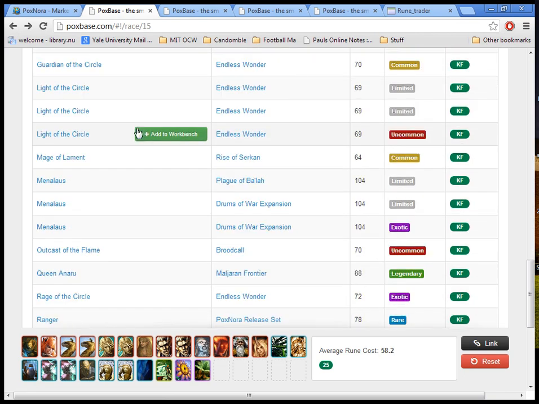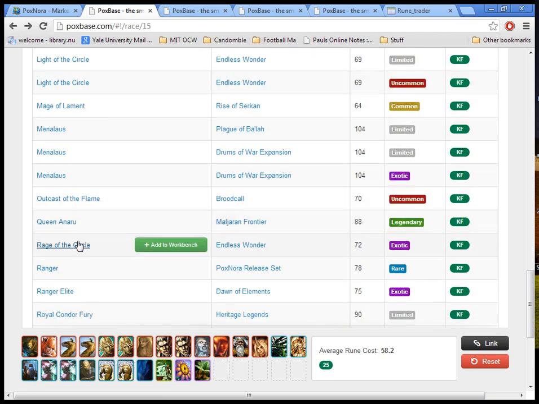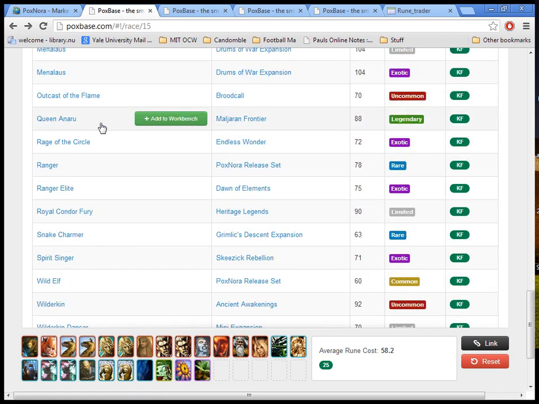Let's see. Who else do I want to add in here? Rage of the Circle is worth a shout if you're into that. I mean, if you're looking to upgrade your deck a little bit, you might think about Rage of the Circle. It's kind of a tricky one to play. I'd be more comfortable adding in Ranger Elites,